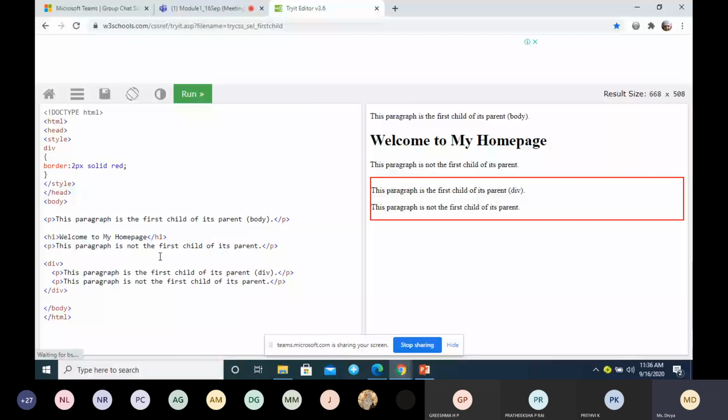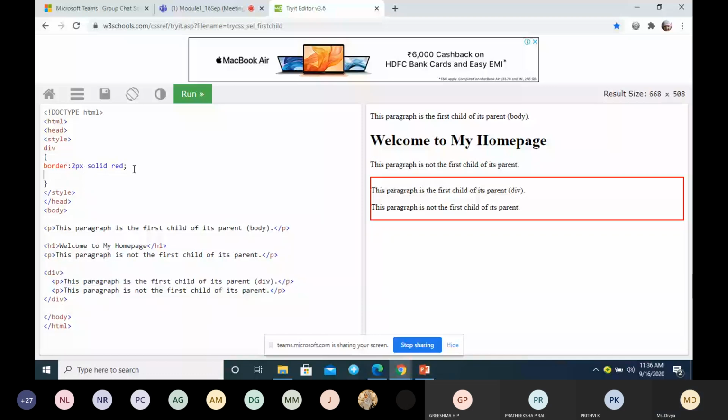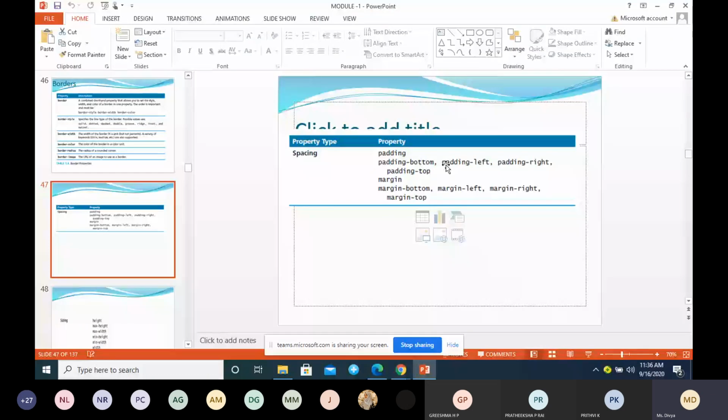So this is my view tag, and now I'm giving padding. Padding has four options: padding bottom, padding left, padding right, and padding top. And there is one more shorthand called padding. In this padding shorthand property, you can give all these four values.